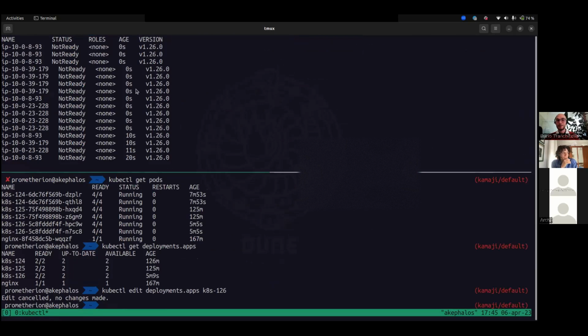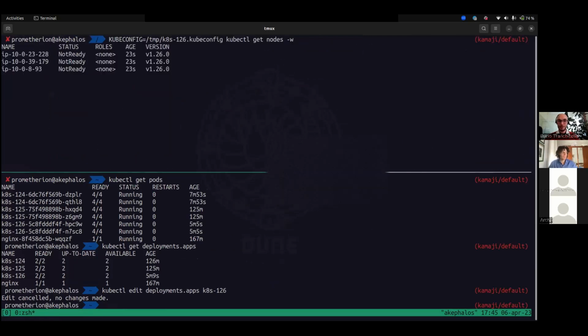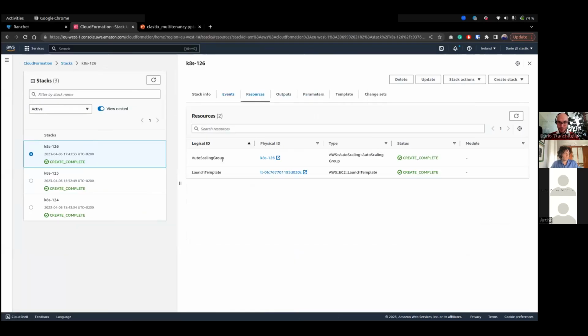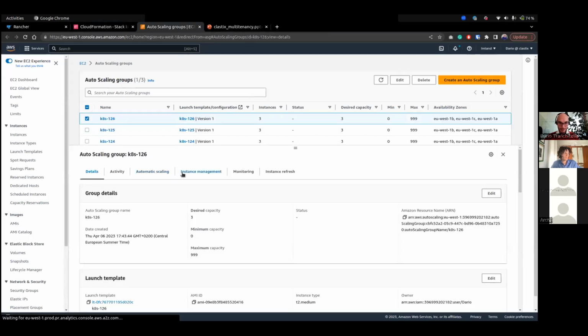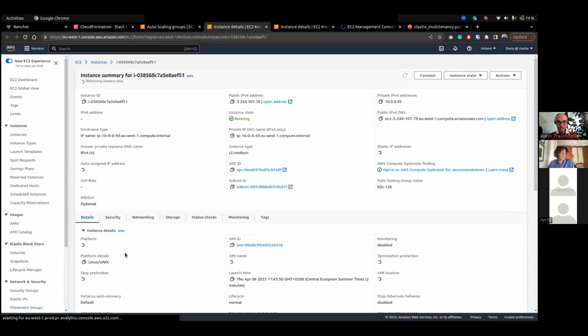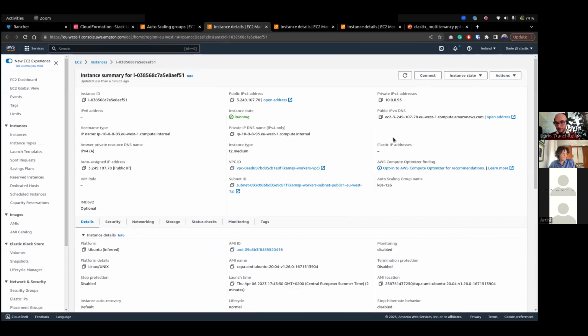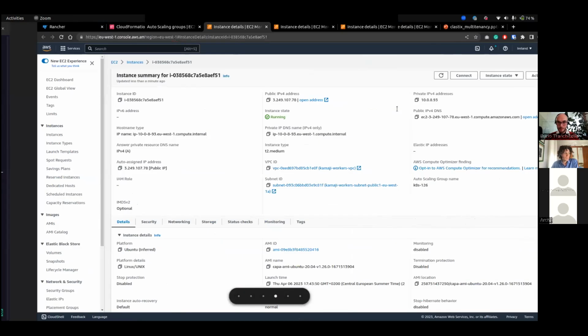And as you can see here now, just a matter of seconds, we were able to get all our nodes joining from AWS. So 22, 28, and oops, if we go here in resources, auto-scaling group, and instance management, we should see the IP of this one. Let's check. 78. It's the wrong one. It's the public one. So 93, 93. Then we got